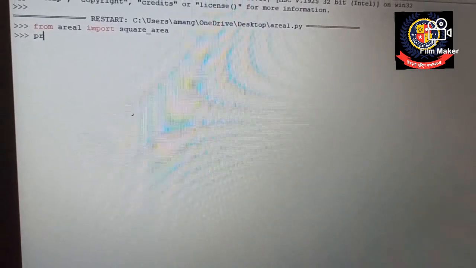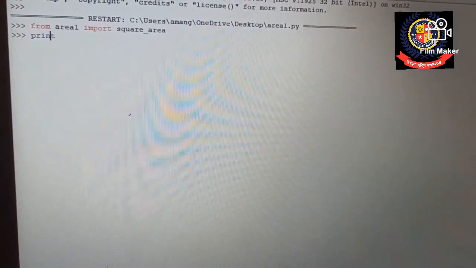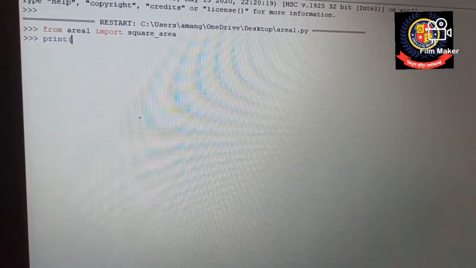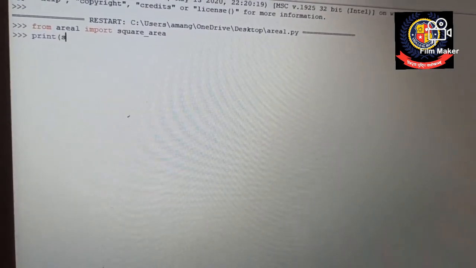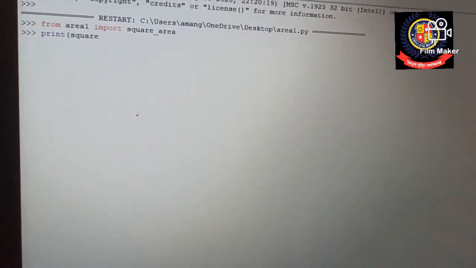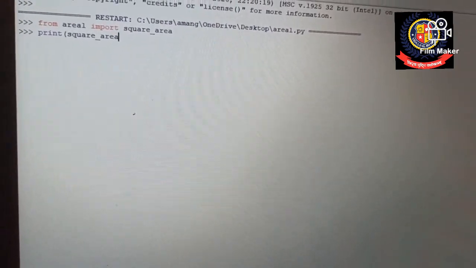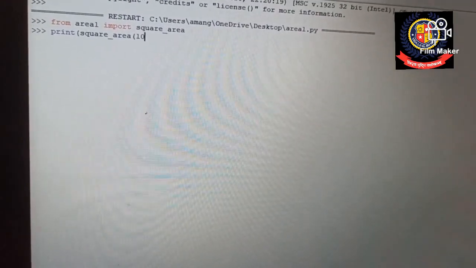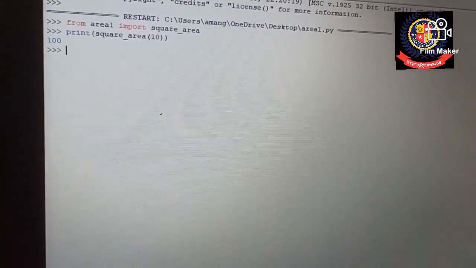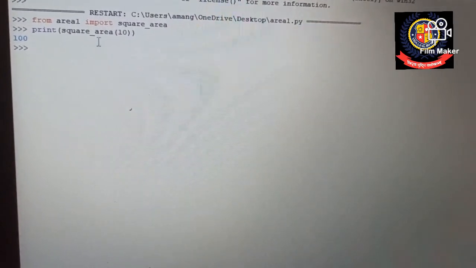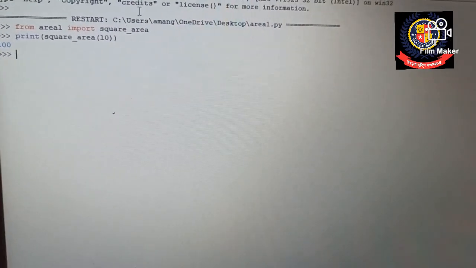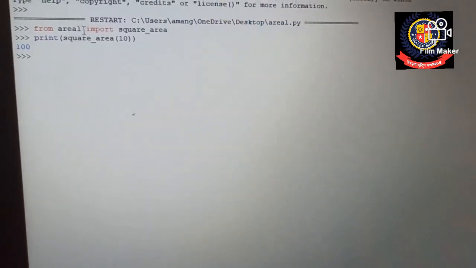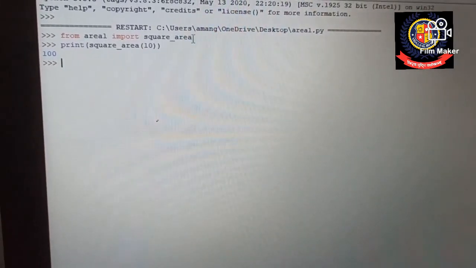Now I'm going to write print, then I have to mention square_area, and then specify the value, that is side. Now I'm getting the value. So here what I did, I just imported a single object from the module by using from, then module name, then import, and then the object name.